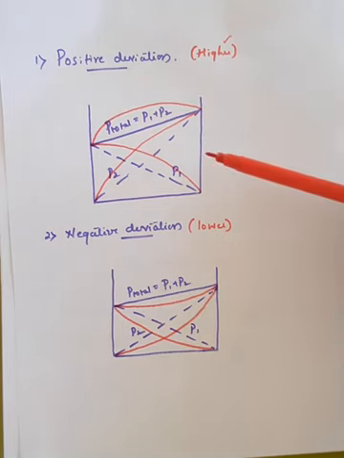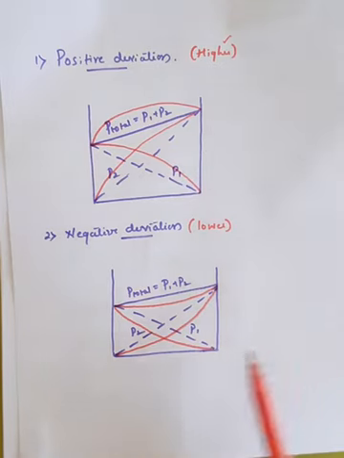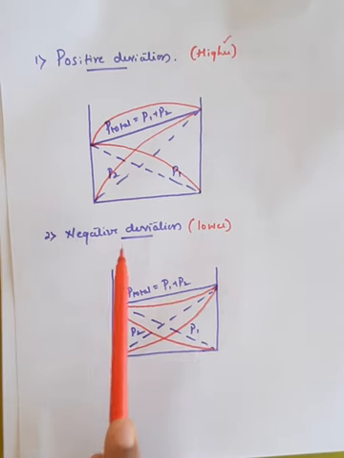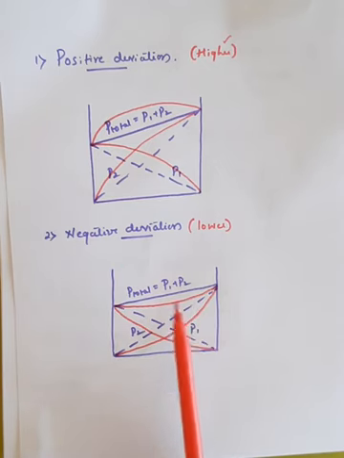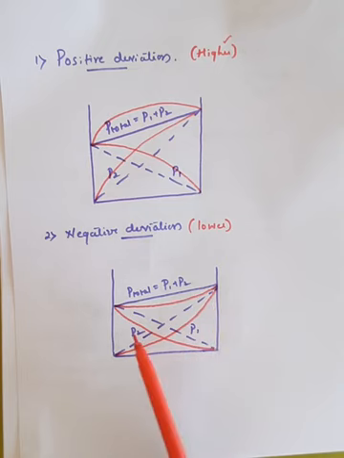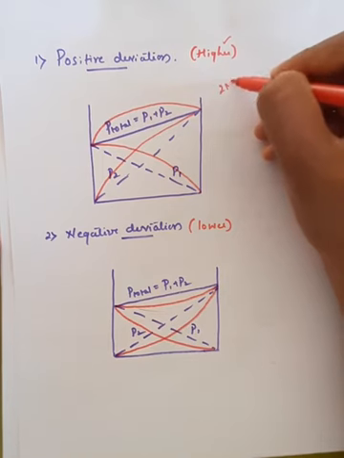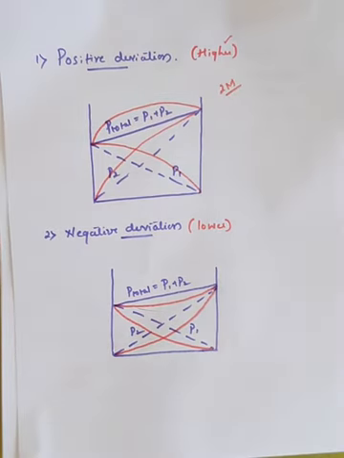And whenever you get the negative value or the lesser value when compared to the standard value, that condition is generally called negative deviation, and here in the graph you can observe. So P1 is also reduced, P2 is also reduced, and due to the reducing values of P1 and P2, even the P total also reduces, and that is called a negative deviation from Rolle's law. Alright, so this can also be asked for 2 marks in the annual examination. So draw the graphical representation of positive deviation from Rolle's law, or draw the graphical representation of a negative deviation